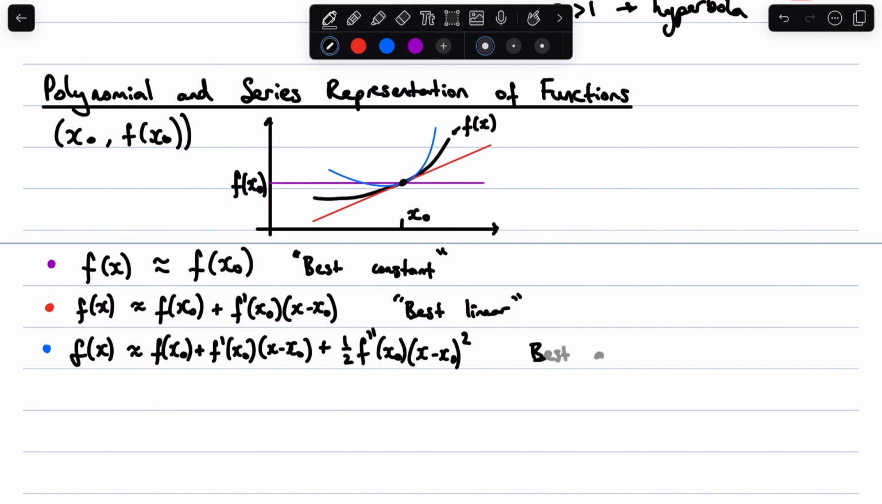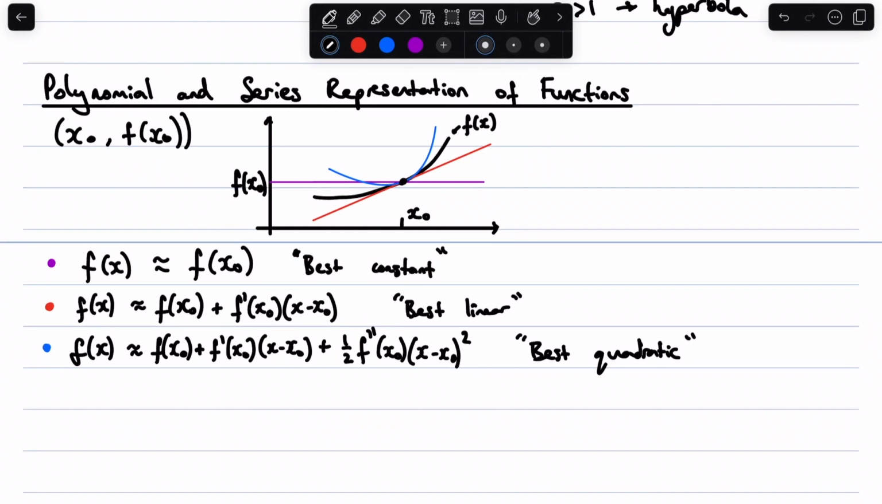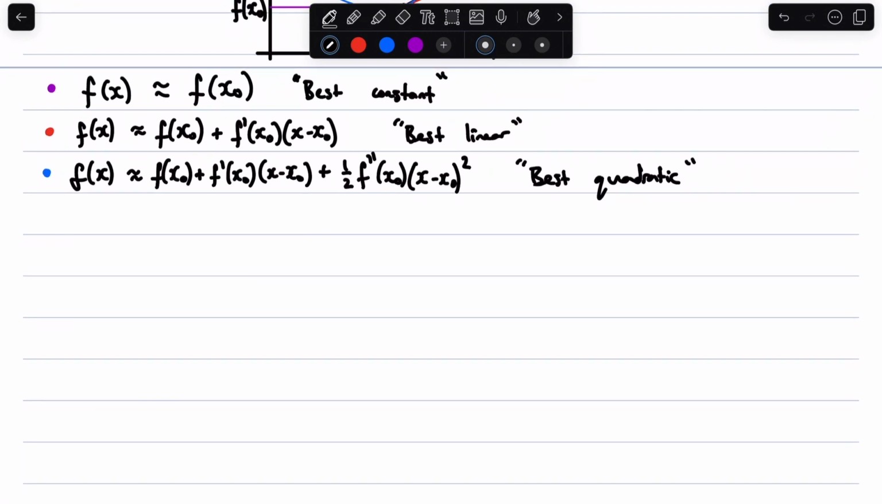Next would be our best quadratic. So each one of these is just adding another term to it to increase its accuracy towards the true f of x at our point x0, f of x0. We can continue in this fashion as long as there are successive derivatives at x0. So if derivatives of f of x exist at x0, then we can derive this Taylor series expansion at x0 of our function